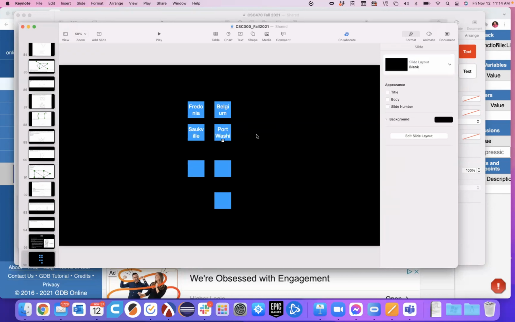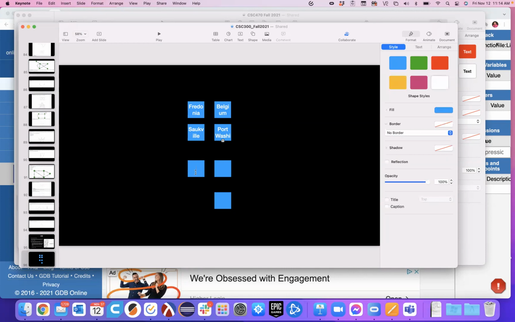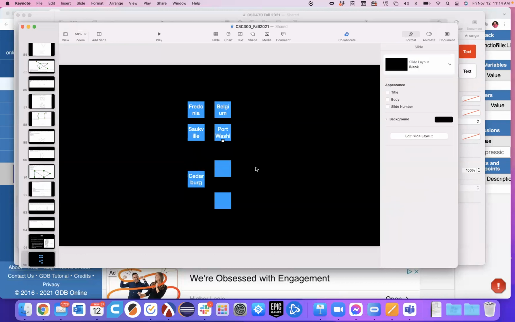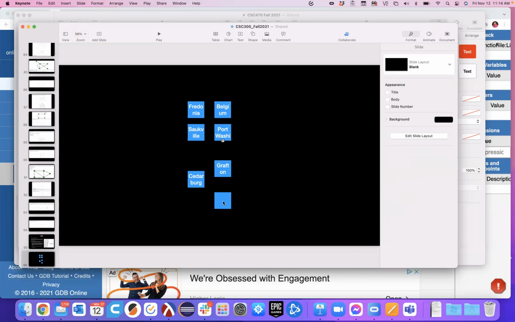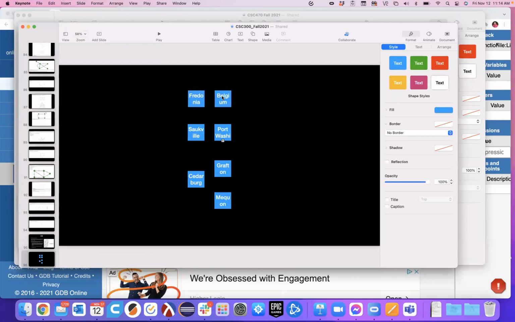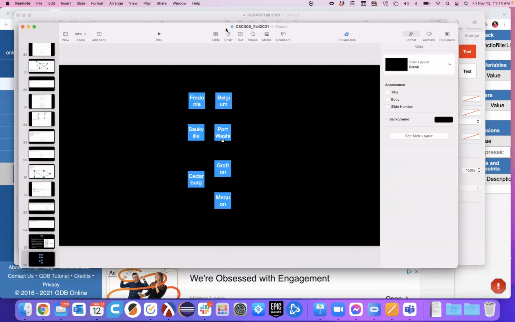Washington. Cedarburg, and really Cedarburg's going to kind of be like there. This is Grafton, and that's Mequon. So then we'll go ahead and add some